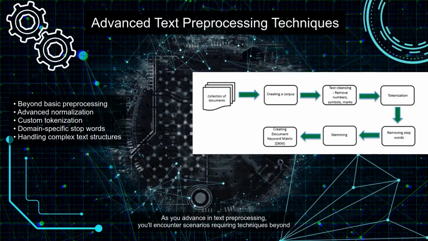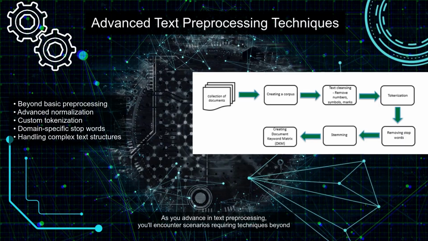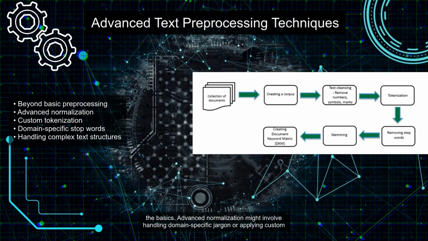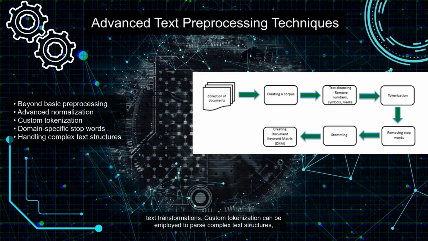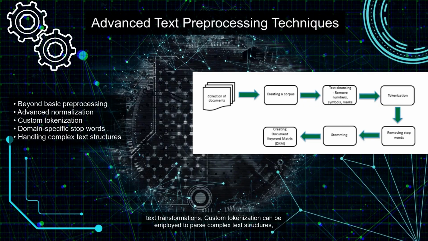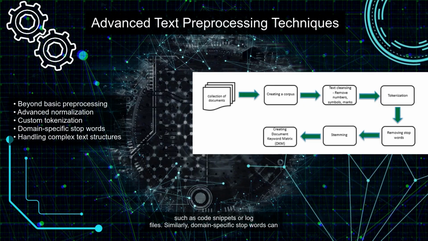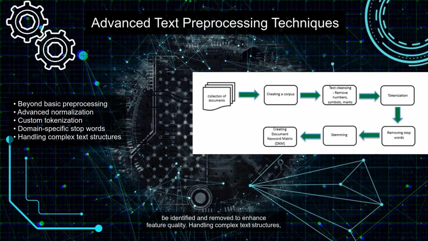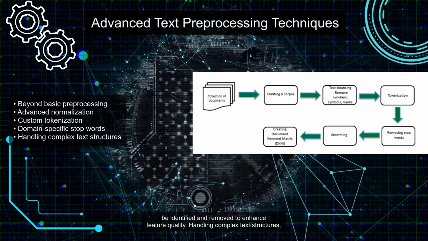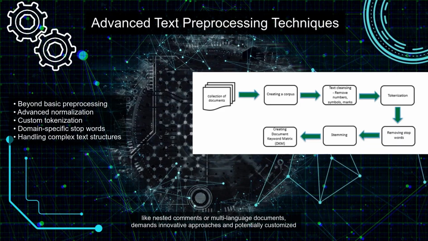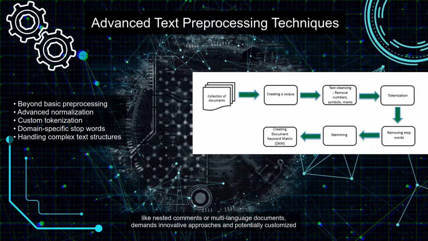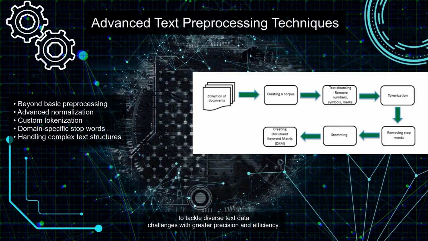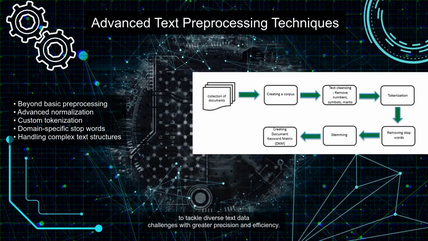As you advance in text preprocessing, you'll encounter scenarios requiring techniques beyond the basics. Advanced normalization might involve handling domain-specific jargon or applying custom text transformations. Custom tokenization can be employed to parse complex text structures, such as code snippets or log files. Similarly, domain-specific stop words can be identified and removed to enhance feature quality. Handling complex text structures, like nested comments or multilanguage documents, demands innovative approaches and potentially customized scripts. By expanding your toolkit with these advanced techniques, you'll be able to tackle diverse text data challenges with greater precision